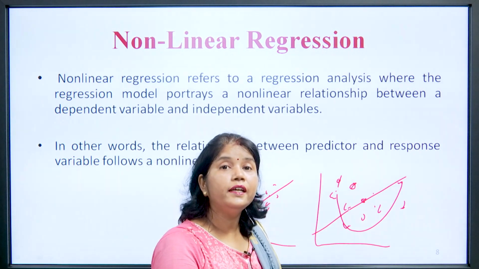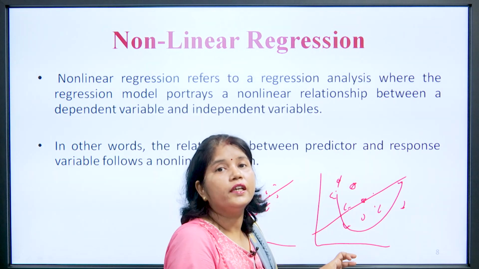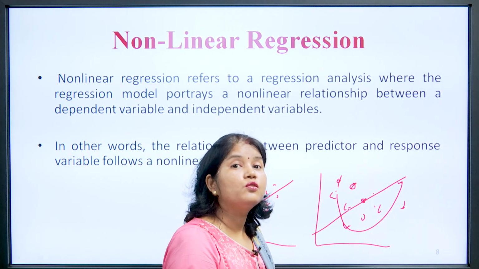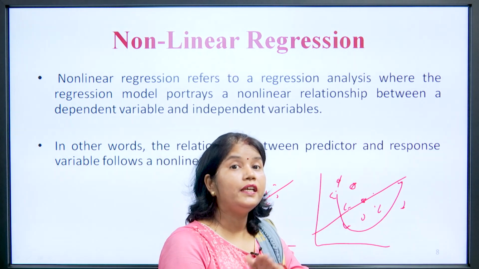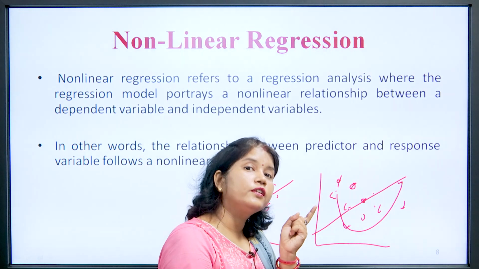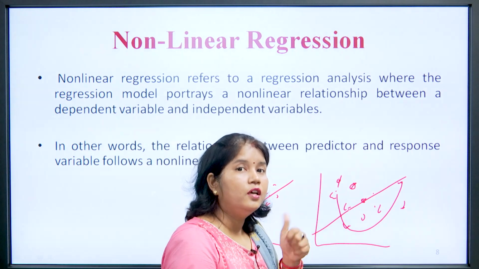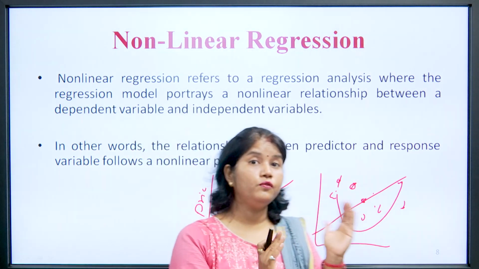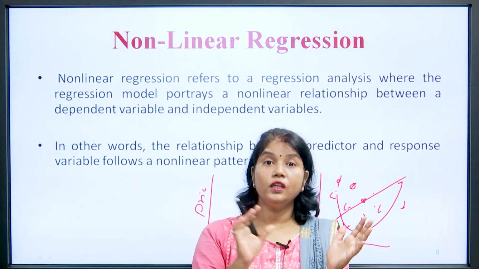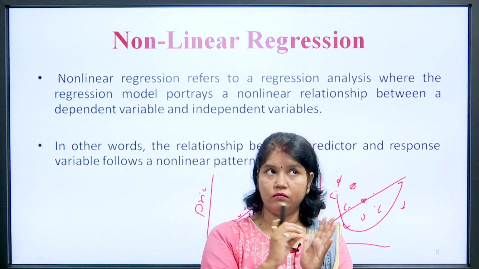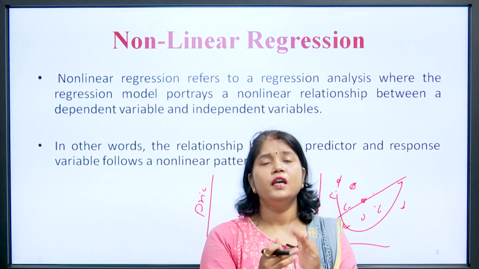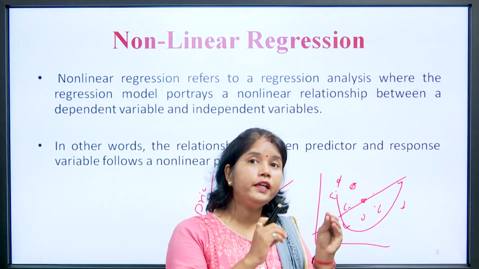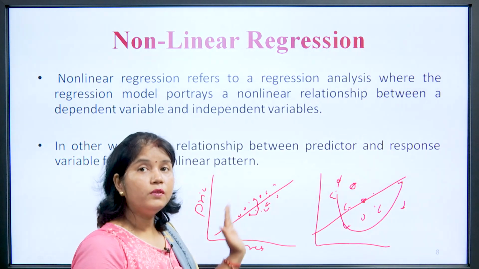So, how will you decide? It is very difficult to take the decision in a nonlinear relationship, nonlinear regression. That is why you will see so many independent variables for one dependency. For taking a decision, you will look at every aspect. You will analyze the independent variables from every aspect, and then you will be able to take the decision, is it not. So, that is the nonlinear relationship.